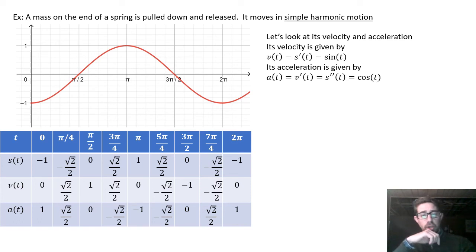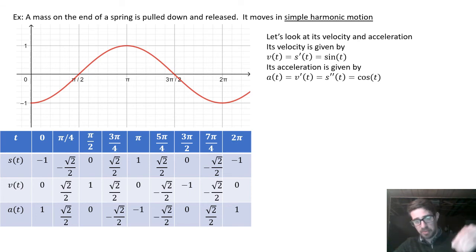So if you look at pi, where the velocity is 0, now the acceleration is very big negative, is -1. So that's when it's being pulled down as much as it's ever going to be, right? That's when the spring really wants to be going down, because that's the way the acceleration is pulling it. So then it keeps going down, acceleration is still negative, but it's less. And if you look at 3 pi over 2, acceleration is 0, because that's the moment when the spring is